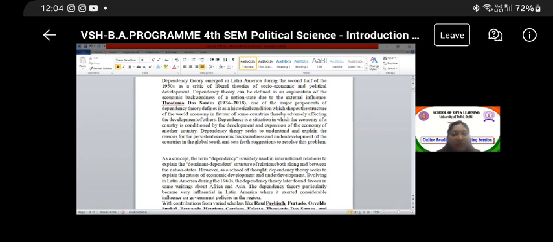Okay, dependency theory seeks to understand and explain the reasons for this persistent economic backwardness and underdevelopment of the countries in the global south, and sets forth suggestions to resolve this problem. You have to understand that dependency is a framework. It is not only one particular theory, but a set of different kinds of opinions, which emerged as a reaction to the economic situation in the world at that time.